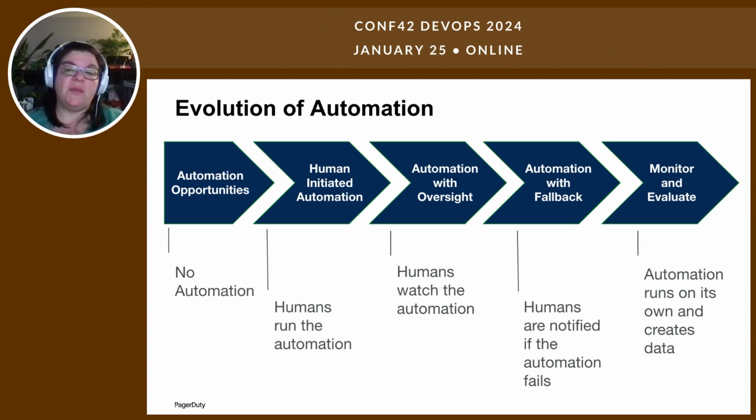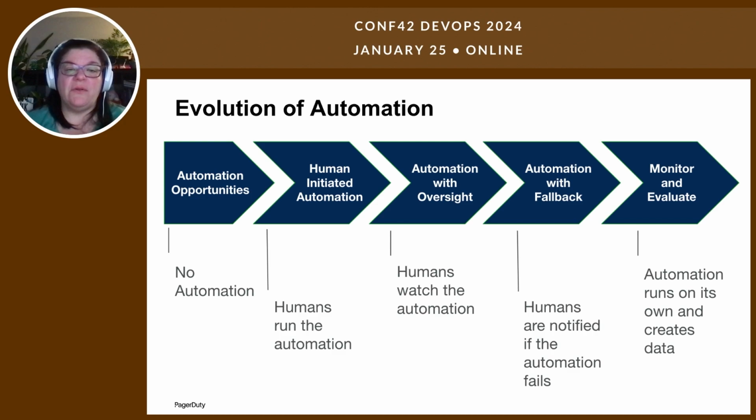And when we get to the point where we're pretty comfortable with that, the automation runs on its own with a fallback stage. It runs, and it only requires human intervention if something goes wrong. So it might just keep running in the background. That one time out of 10 that it fails with some weird error code, it pops back up to the human responder and says, hey, I tried this, it didn't work, you need to take a look at it. It will let humans know when it's not able to fix a thing. If all goes well, the other 9 times out of 10, it just does what it needs to do. It doesn't necessarily need to report.